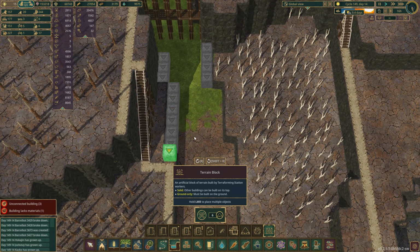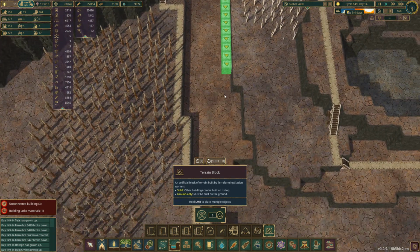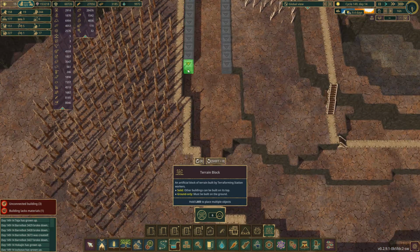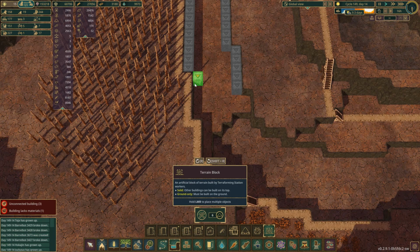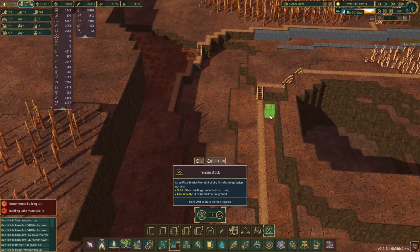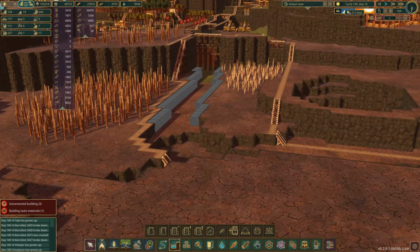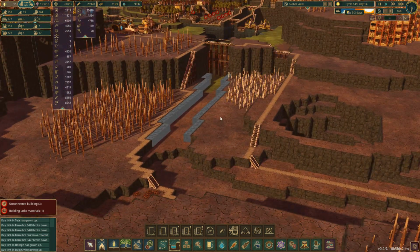Now I want to retain its original natural beauty. So I'm going to stick with exactly how the terrain is now, broadly speaking. I'm sure there'll be a tiny bit of tampering here and there, but we'll see. Now, my only question is